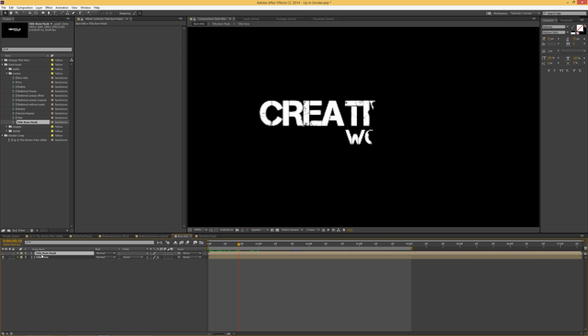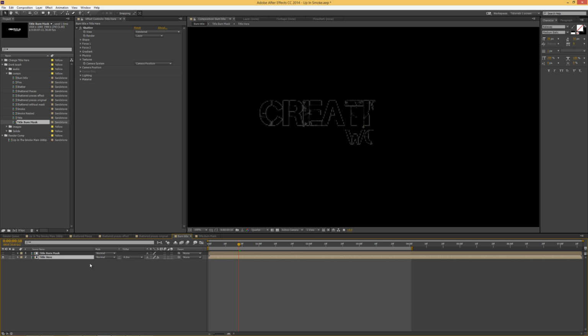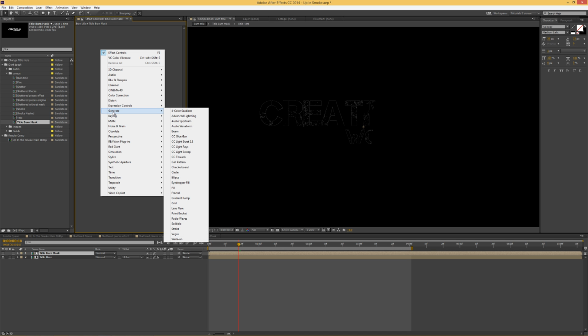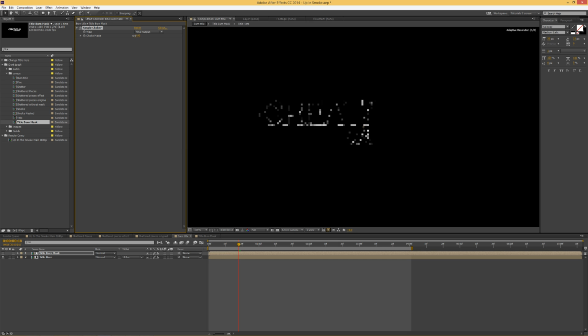Now we will select the title here and choose alpha inverted matte, and this is the way we tell After Effects to take the alpha of this layer and apply it to this layer. So now if you watch this in full res, like you see, all we see is little edges. We will select the top layer, the one with the mask, and we will choose matte, simple choker, and we will choke it